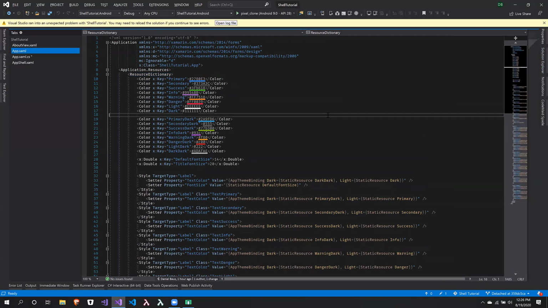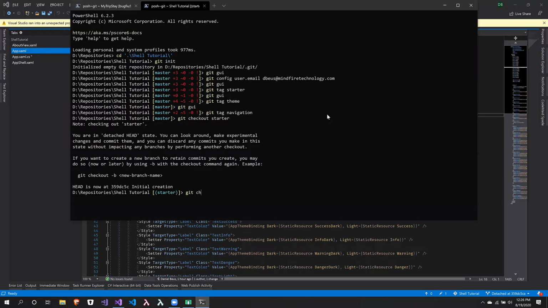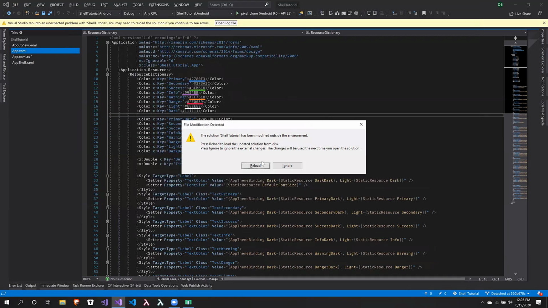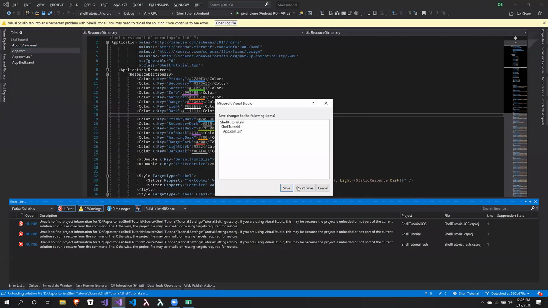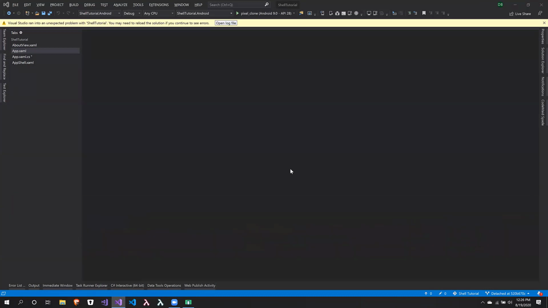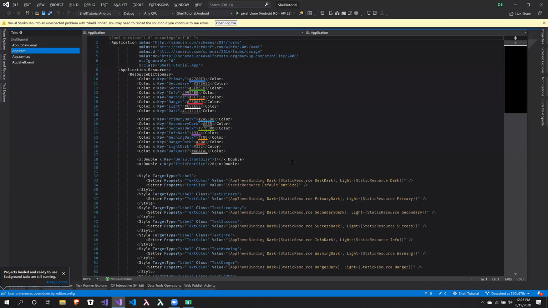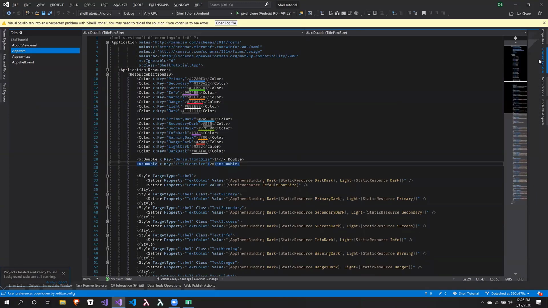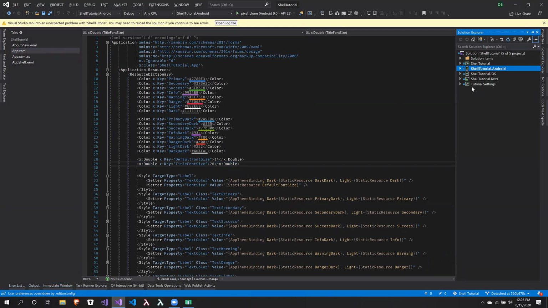So let me actually switch to my theme logic. Oh, I'm going to kill Visual Studio again, aren't I? No, that wasn't too bad. Okay, so I haven't really added much. There are a couple of pieces that are in here now, but all this is just the way of defining colors. What I've added now is this